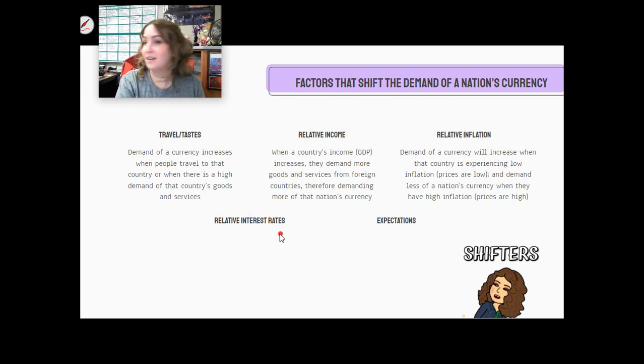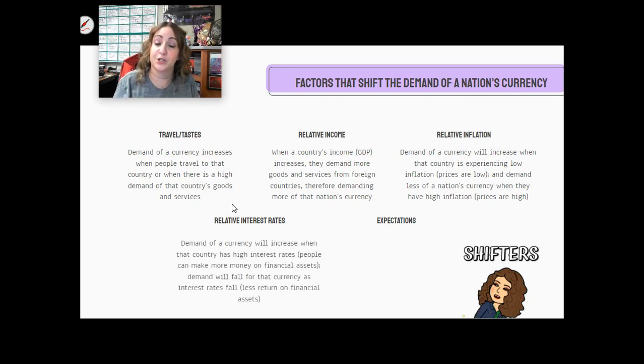And so where do you want to save your money? Do you want to save your money in a place with high interest rates? Or do you want to save your money in a place with low interest rates? Think about it. Money in a savings account earns interest. This is interest that you're getting, not interest that you have to pay. So when I'm talking about taking out a loan, I like low interest rates, but now I'm not talking about taking out a loan. I'm talking about where I should save my money. Let me save my money with the highest interest,